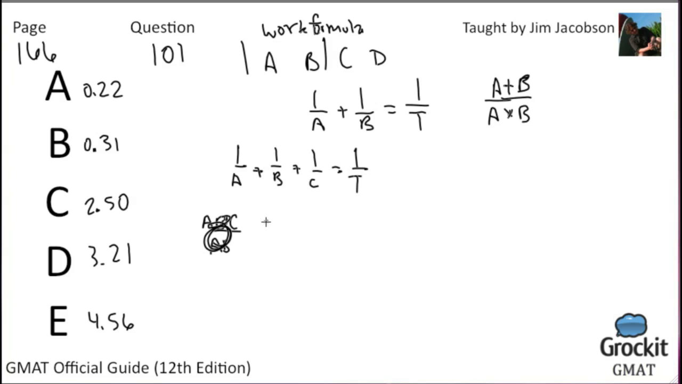It would be BC over ABC plus AC over ABC plus AB over ABC. So BC plus AC plus AB all over ABC. It would be the three machine thing. Anyway,